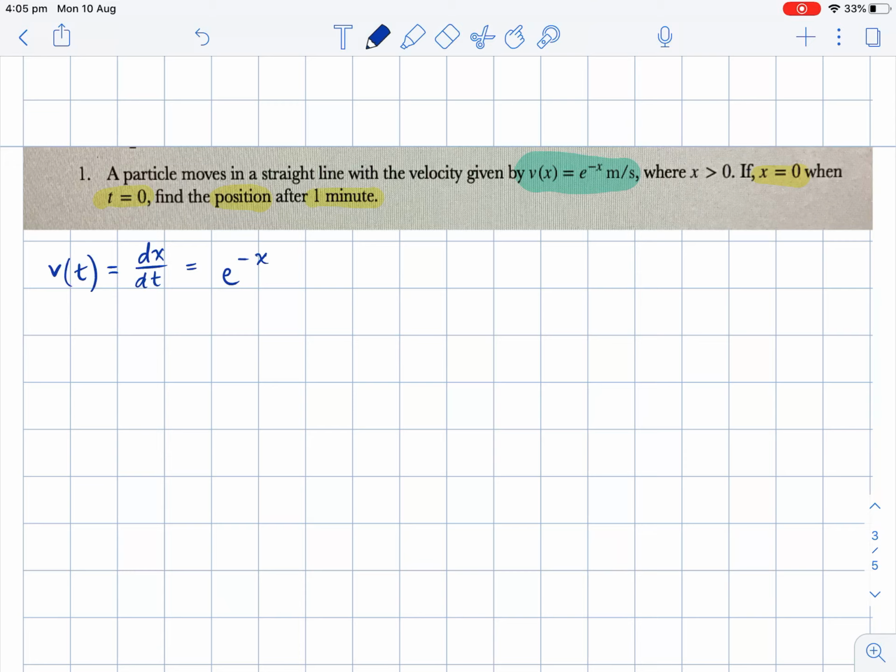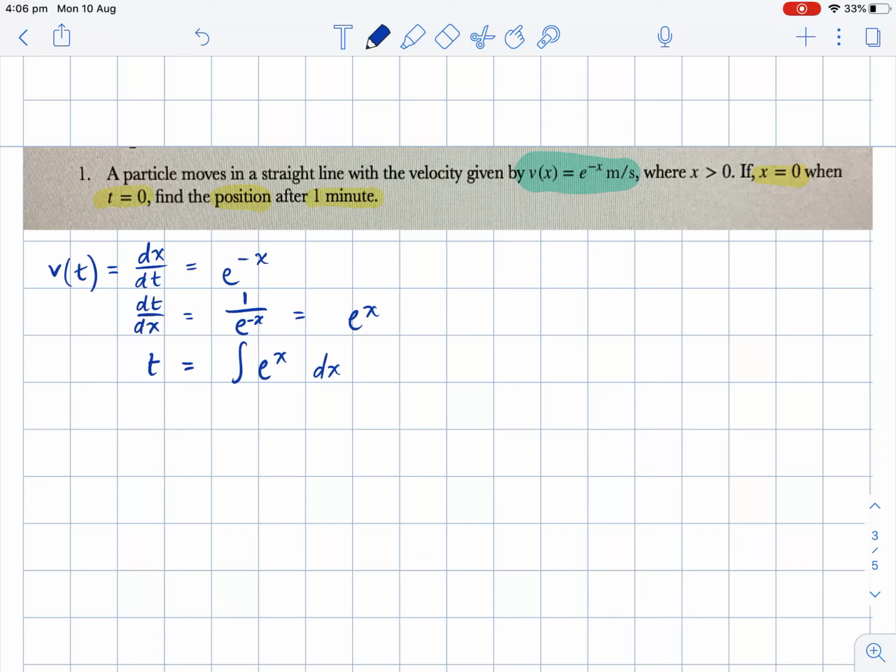Now, if I want to solve this differential equation, the first thing I'm going to need to do is to flip it upside down and write it as 1 over e to the negative x. And because it's a negative power, it's much better to just write that as e to the power of x. And then finally, if I want to find out what t is, I'm going to find the integral of e to the x in terms of x. And to work out my